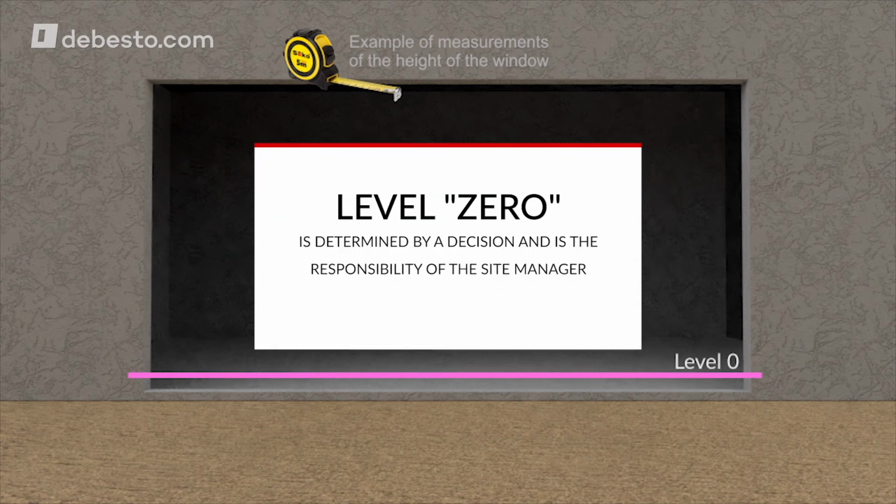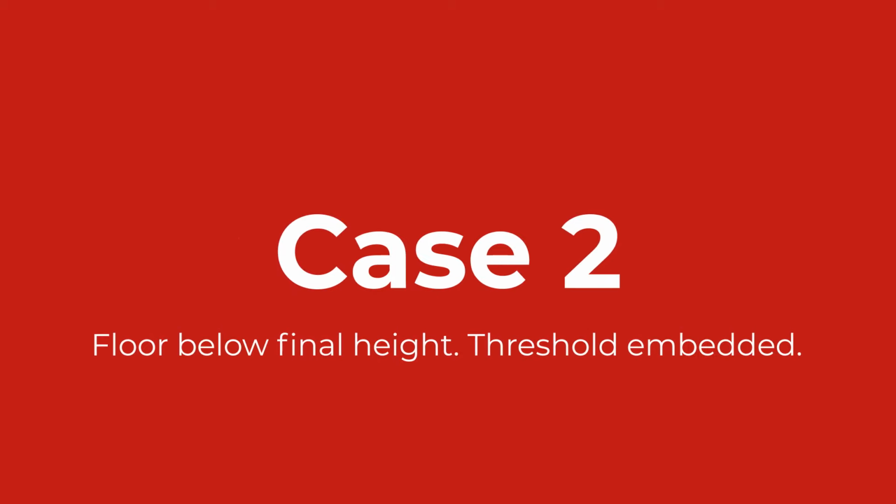It is more difficult to determine the correct height of door when the building is under construction and there is no physically finished floor yet, the so-called level 0. In this case, you must require the investor to indicate and mark on the walls where the floor level is planned. Once you have determined the zero level of the finished floor, with tiles, carpet, plank or anything else, measurement is very simple, but there are two options again.